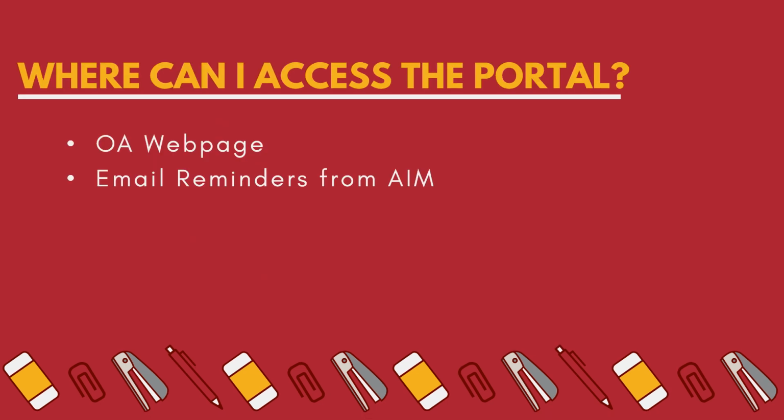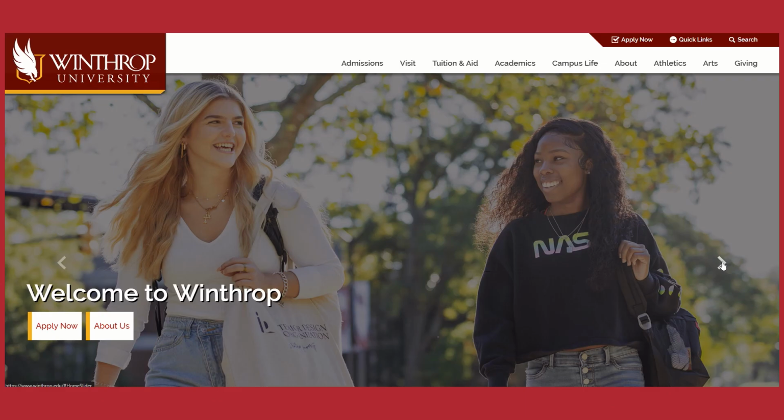There are a few ways that students can gain access to the Student AIM portal. First is through the Office of Accessibility's webpage. Step-by-step instructions for this method will be reviewed in a few moments. Students can also access the portal through any of the emails that are sent to their Winthrop email accounts from AIM. To log into the Student AIM portal via the Winthrop website, we are going to begin at the Winthrop